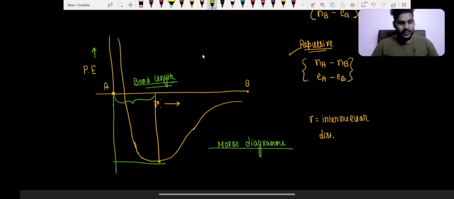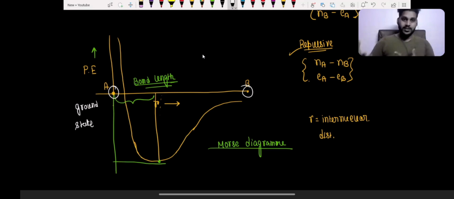So what do I mean by this vibration energy level? Actually, I have drawn this entire diagram considering both the atoms are in their ground state. Ground state means they have zero point energy. Zero point energy means the stable energy. Whatever energy they are supposed to have, they have that much. So we are considering this is where the potential energy is supposed to be for the system when they